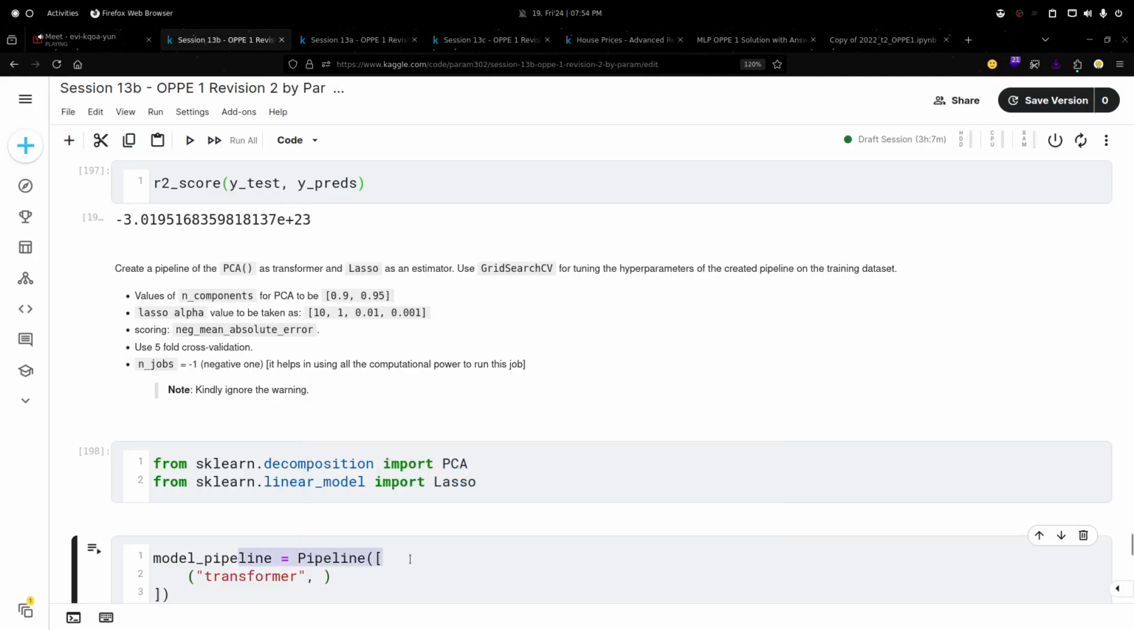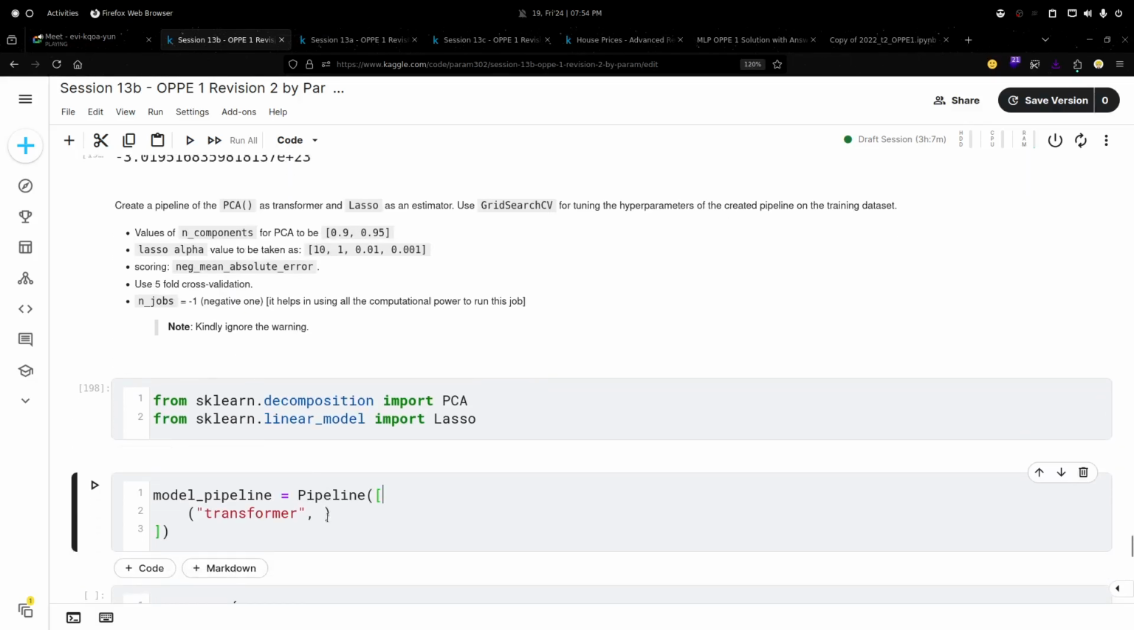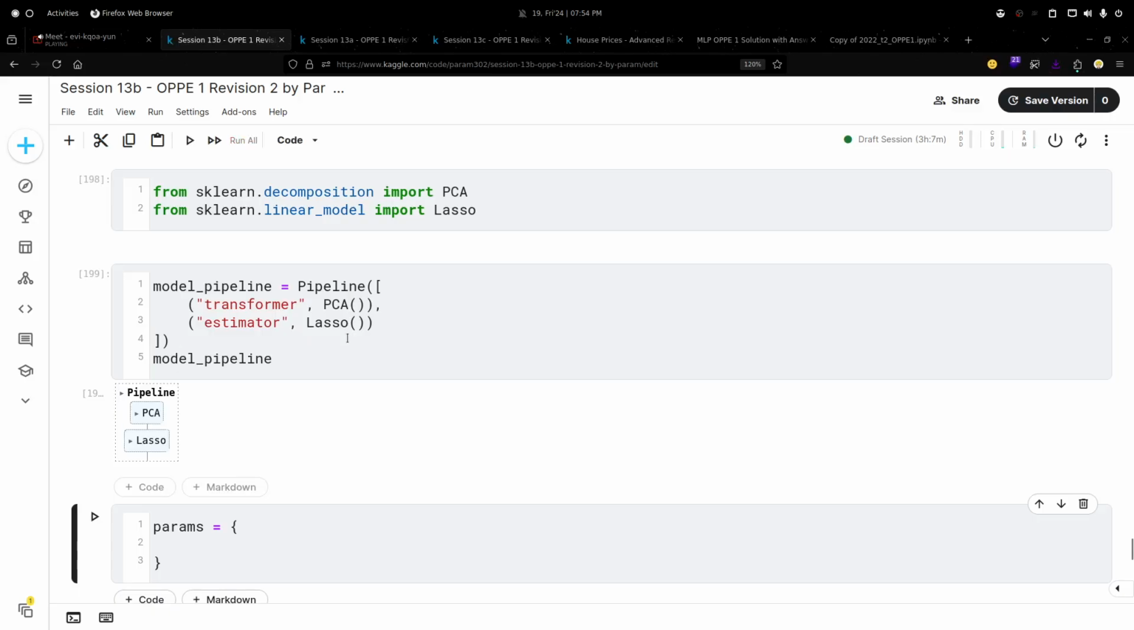So in the model pipeline, I'm first passing PCA as a transformer. I have to call the PCA here. That's it. Then the second step is the estimator itself, which is Lasso. And this is my model pipeline. Now there comes one thing, which is the parameters. If you are not able to set parameters for a pipeline, like for hyperparameter tuning in a pipeline, then